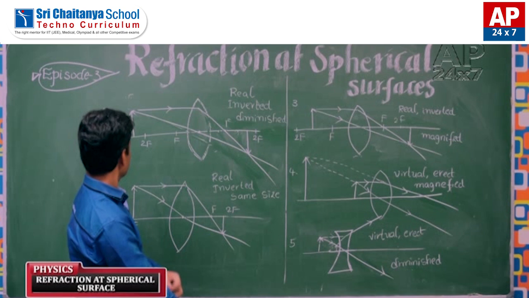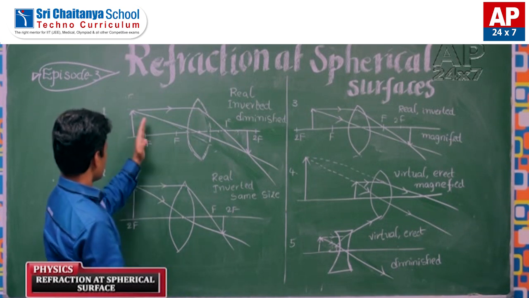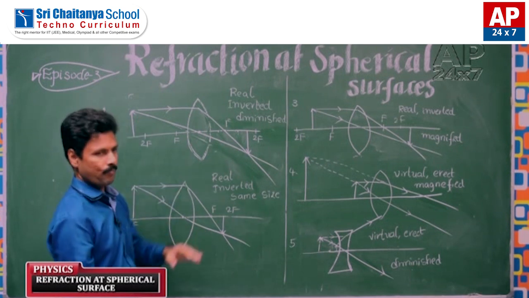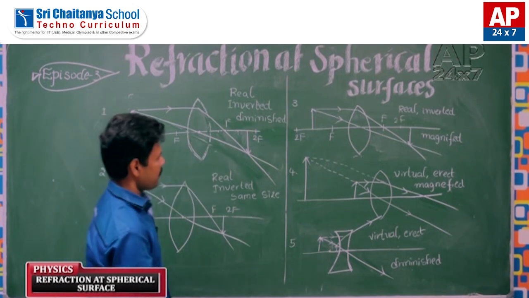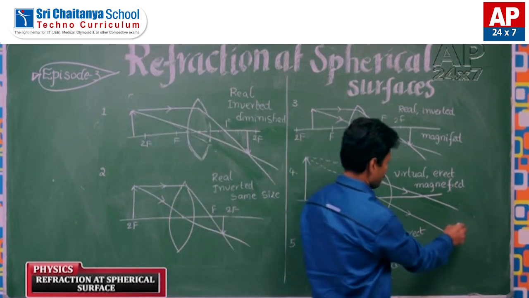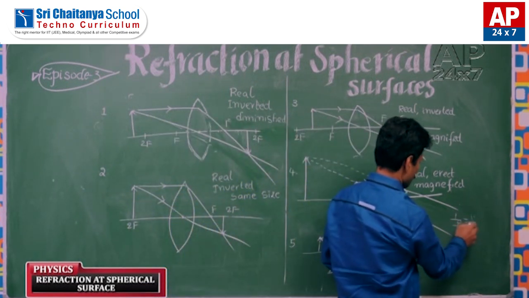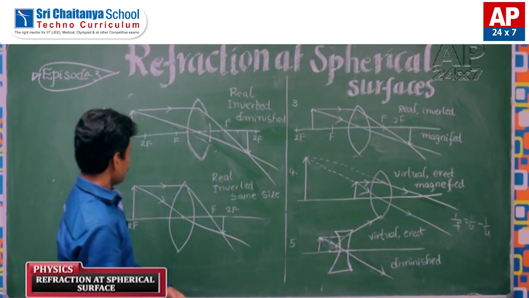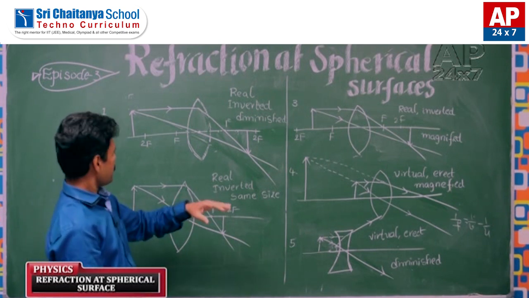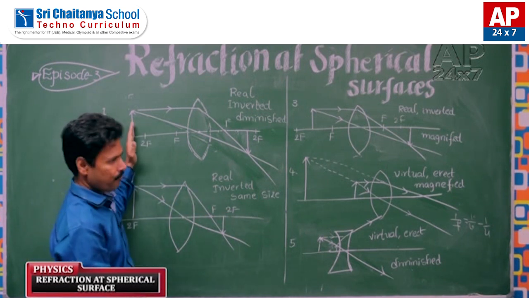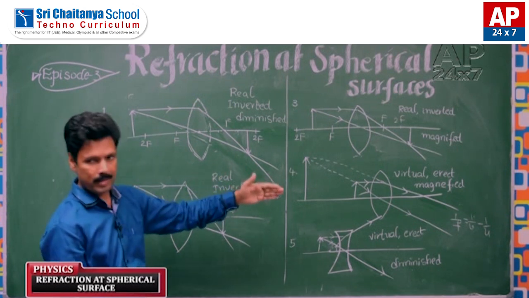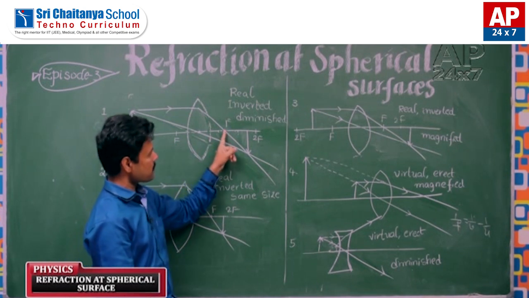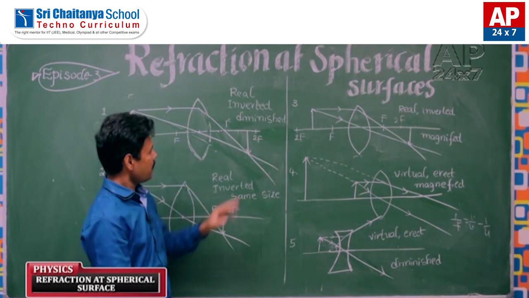Now see carefully. So first, taking the object beyond 2f. Now we want to see where we get the image. So one way is by taking the lens equation, that is 1/f = 1/v - 1/u, right? In that, if you take a u value which is more than 2f, then v will be less than 2f. That means the image will be in between focus and 2f, right?